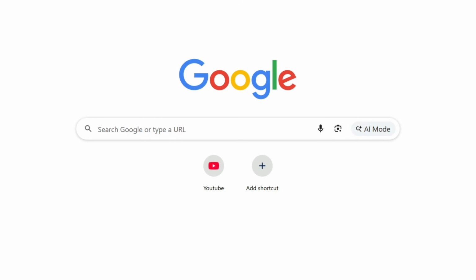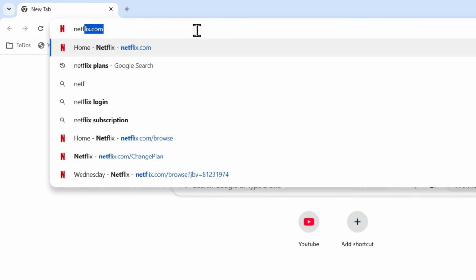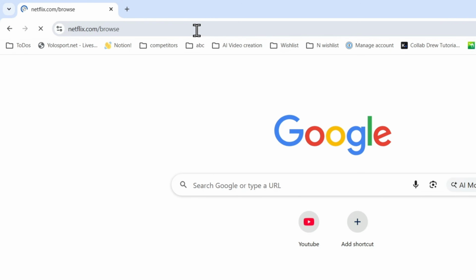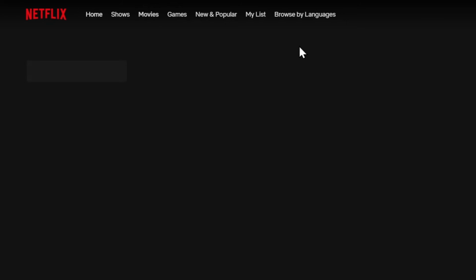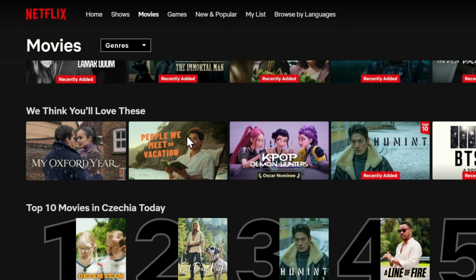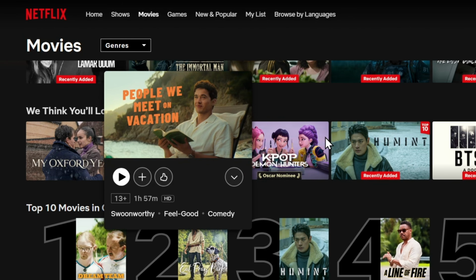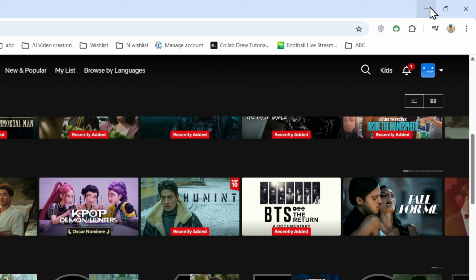So the first thing you'll do once you have a computer and want to watch Netflix is to open up your browser, right? And simply type in Netflix and try to sign into your account. You'll find your movies or your series or whatever you want to watch and you will try to download this, but the thing is you're not able to download this using the web version of Netflix. You need to use the app version. So you need to download the app version onto your computer,